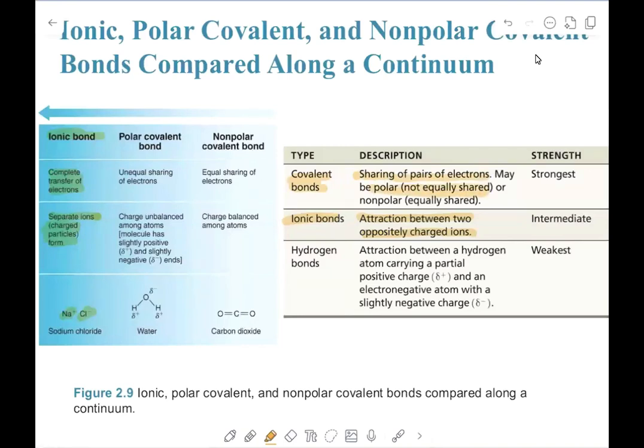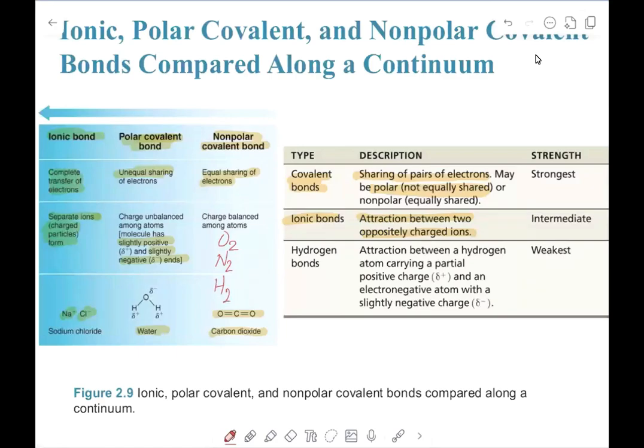The two subtypes of covalent bonds, again, covalent means sharing of electrons, but if it shares it unequally, it would be called polar. And the best example of that is water, has a partial positive and a partial negative end, whereas the nonpolar is equal sharing of electrons. And the example is carbon dioxide. Also, anytime it's the same exact atom bound to itself, so oxygen or nitrogen gas, all of those are going to be